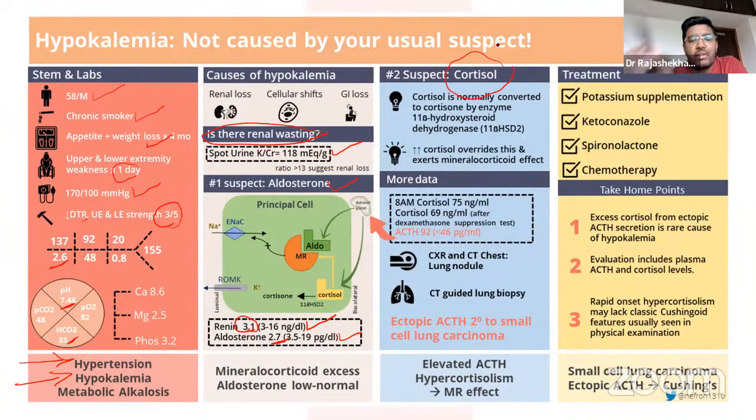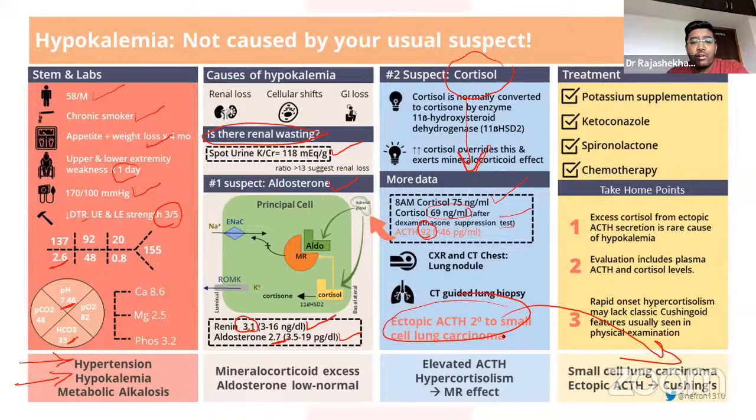So this can be apparent mineralocorticoid excess. To confirm this, the 8 AM cortisol was measured, and it is above 50, so Cushing's was confirmed. To differentiate whether it is primary or secondary to the pituitary, ACTH was measured, and it is 92, and a dexamethasone suppression test was done. Even after dexamethasone suppression, the cortisol is high. That means ectopic ACTH was suspected, and ultimately he was found to have small cell carcinoma of the lung causing ectopic secretion of ACTH, presenting as Cushing syndrome.